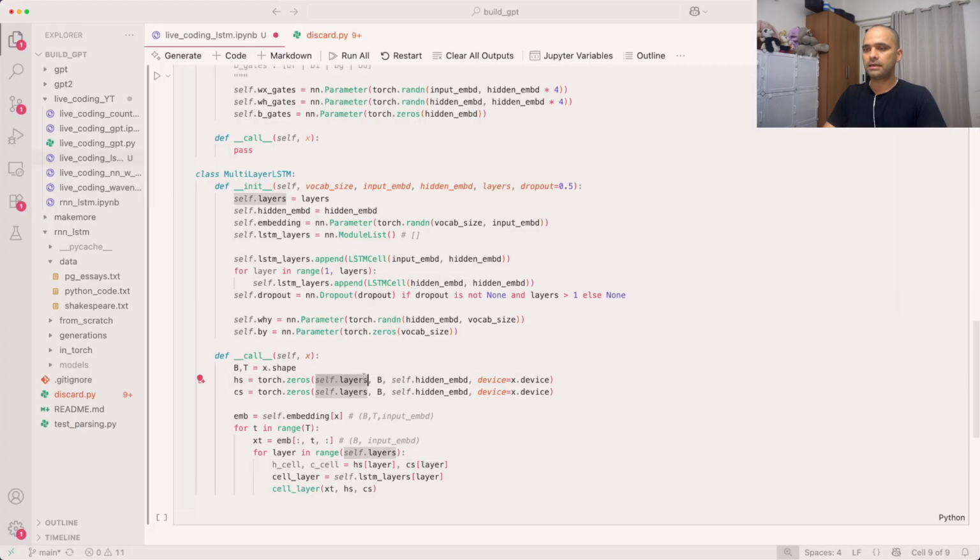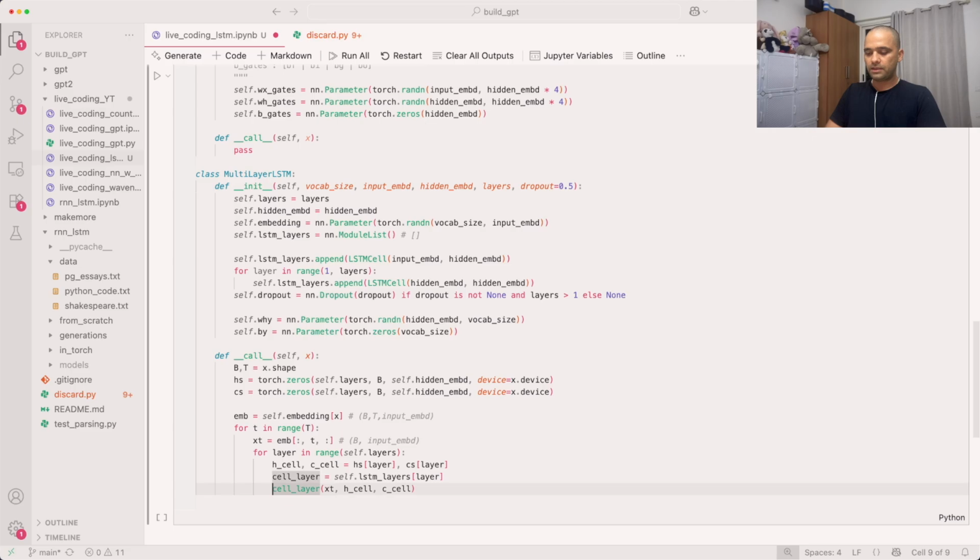You see there's an additional dimensionality we have initialized with layers, so we pluck that for the particular layer defined by this iterator here. We get the hidden and cell state for that layer at that time step, and then we get the layer module and pass along h underscore cell and c underscore cell,